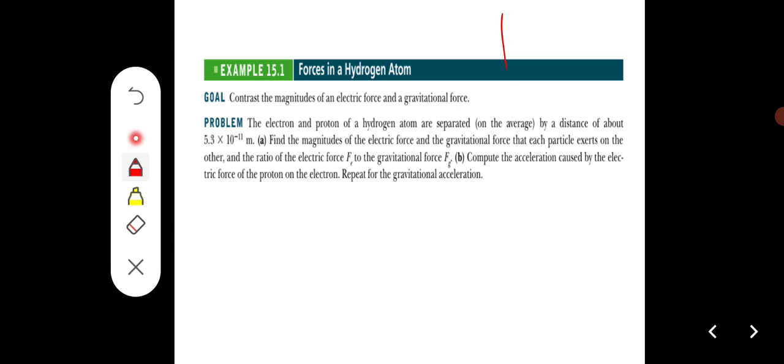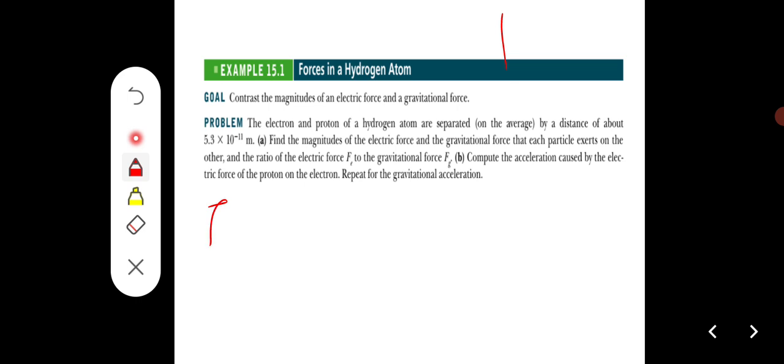Then you compute the acceleration caused by the electric force of the proton on the electron. Then you have to repeat for the gravitational acceleration. So this question is simple. The challenge is maybe finding the ratio, but for part A, when you are calculating the electric force,